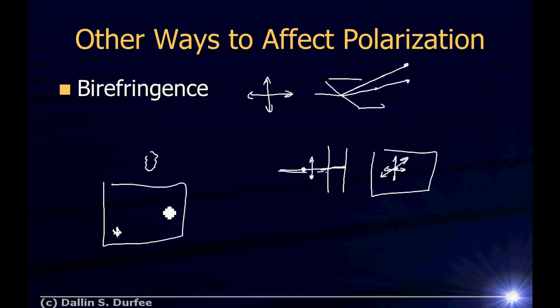So one thing one of my students noticed and came up to me and said, Dr. Durfee, when I walk out of the Eyring Science Center and I look at the glass, I see this weird checkerboardy, blurry pattern. And that's because the time that he came out of class, the sky behind the door was at 90 degrees from the sun, so the light scattering in the sky was polarized. And his glasses would block a particular polarization. But then the glass in the door was birefringent, and it would rotate and change the polarization of the light it went through, but different parts of glass did it differently, so he saw patterns in the glass. That's a really fun thing to try.